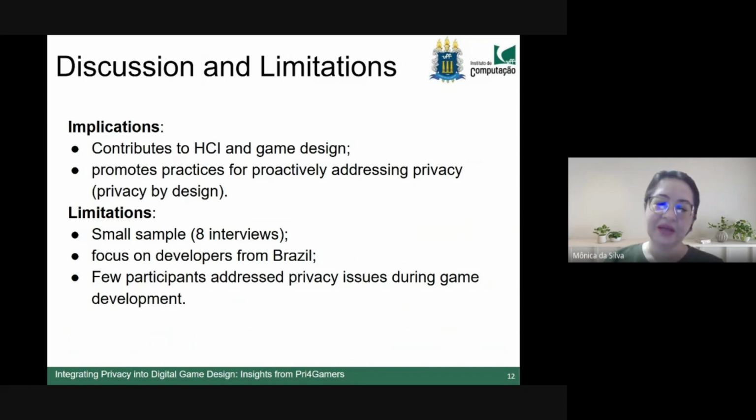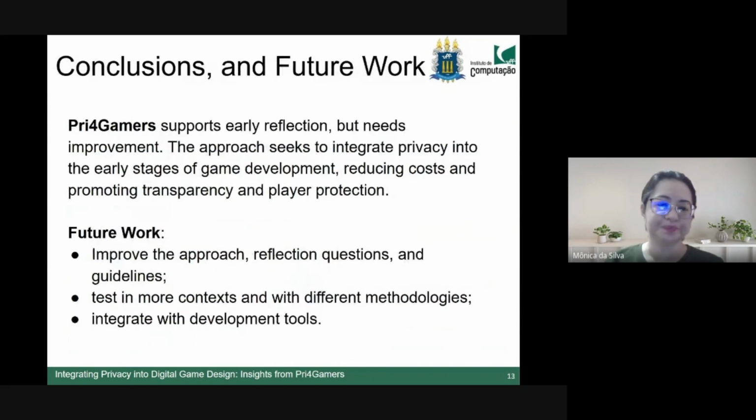And as mentioned, few of our participants, only 2 of them, had directly addressed privacy within game development. The majority thought about a few privacy concerns, but when it was time to create the initial game documents, they did not have that documentation. They didn't have this framework for thinking and didn't know where to start. In the document, they thought it would be better to document this and how to approach it. For instance, mapping these data.